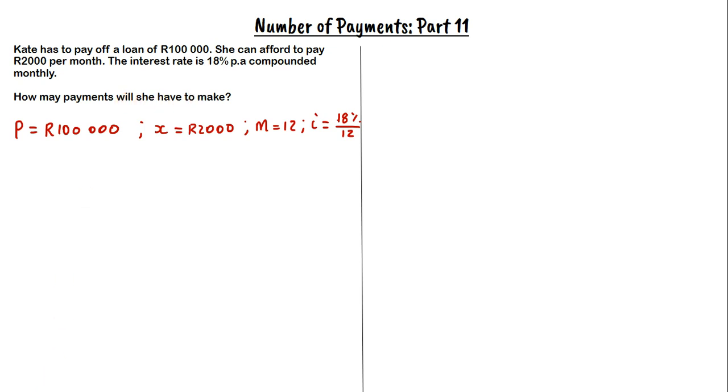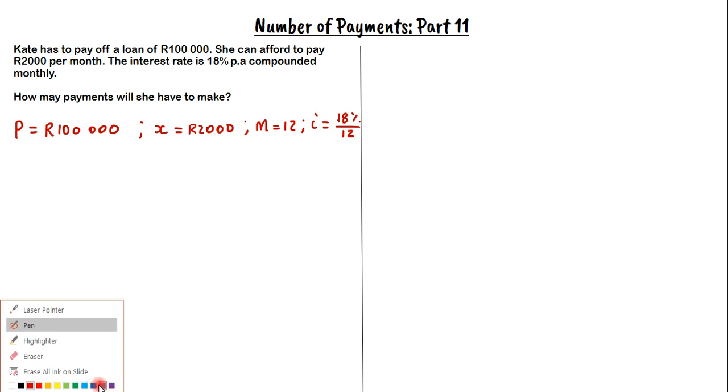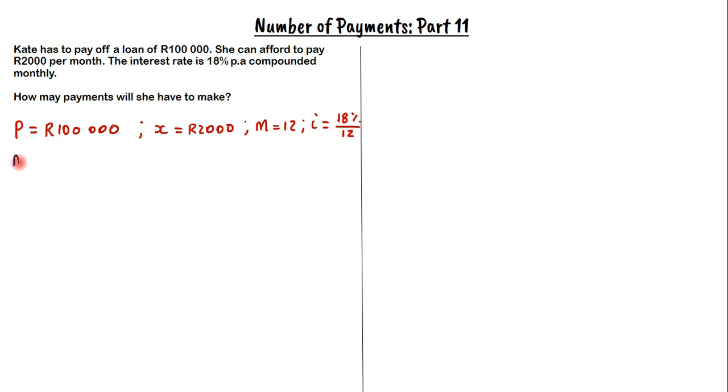To get those payments, we're going to be calculating n. So let's go ahead and calculate that. Firstly, we need the formula. So let's write our formula: P equals x into 1 minus (1 plus i) to the power of minus n